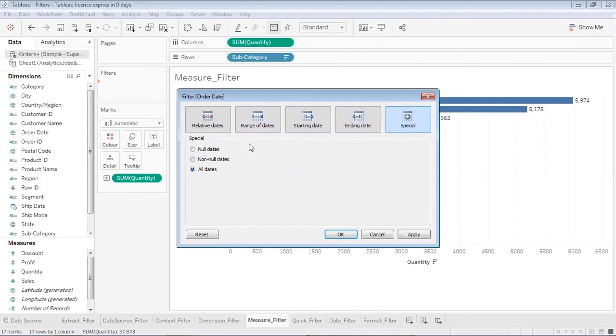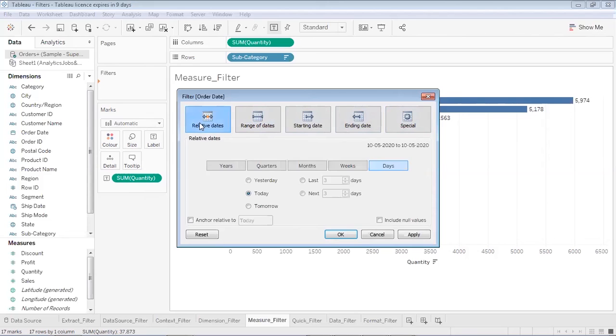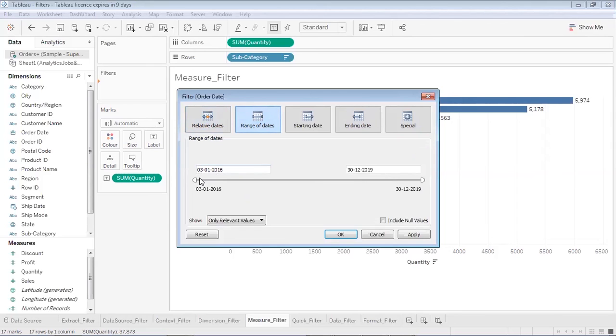But in our system we don't have any null dates, so we're not using them, or a relative date. So for example, relative to the year, if I am in 2019 or maybe 2020, and I would like to see the data of the last one year, or only of this year, I can give whatever condition I would like. Okay, so relative date says this. I am using a range of dates over here. So let me give a date range of 2019 only.